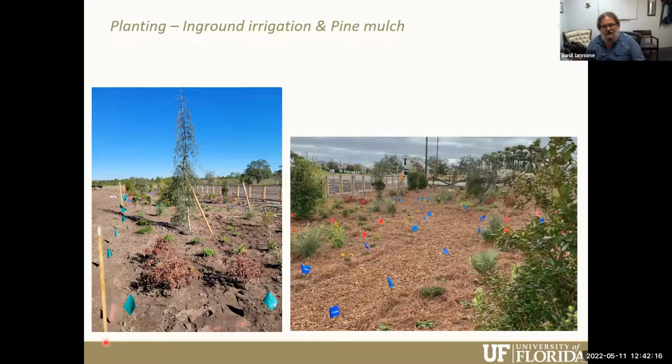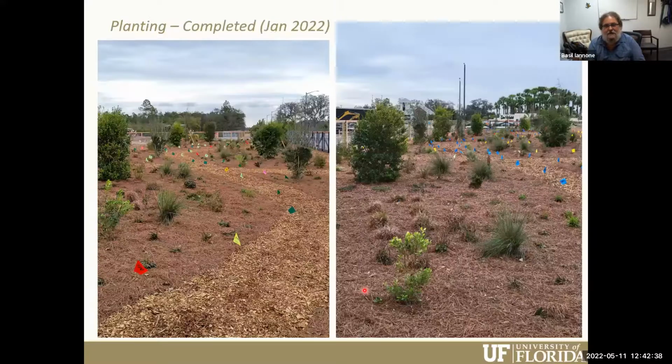The developer and the landscaping architects wanted to use in-ground irrigation because they see that increasing in frequency in land development, this sort of adding hoses into the ground. I was more in line to using sprinkler heads, but they said, no, the developers are starting to use more in-ground irrigation. So we went with that. And in the end, this is what the planting in the one corner looks like. This is in January here, it was completed.